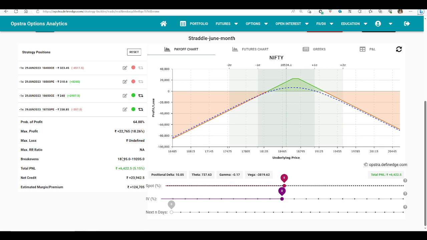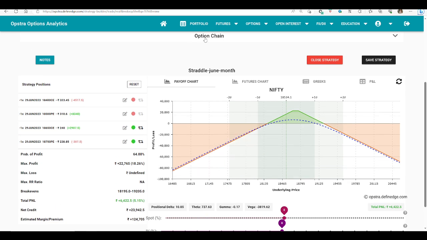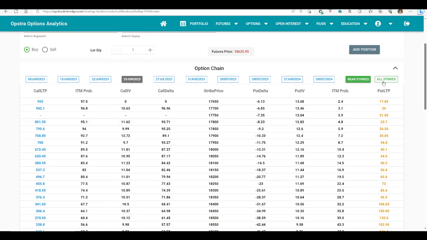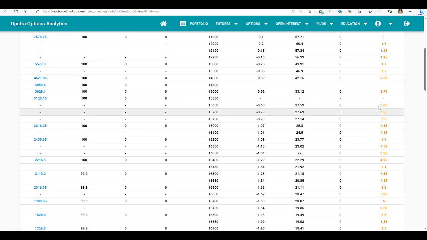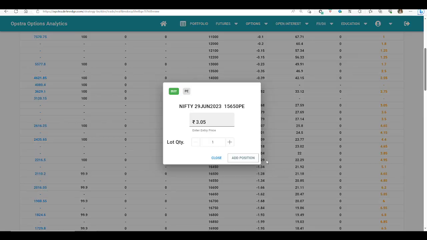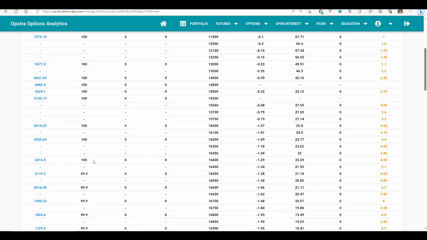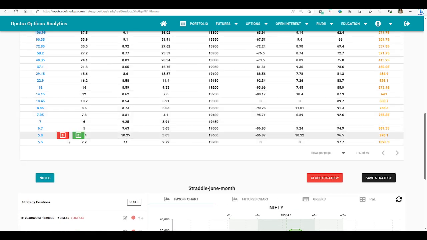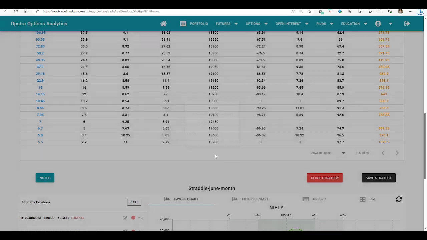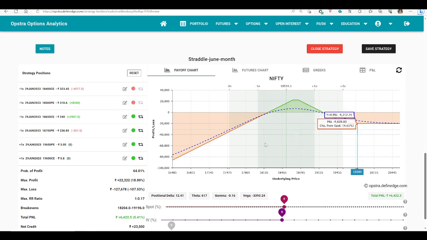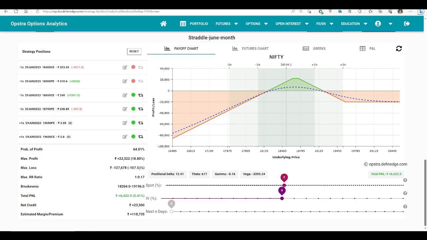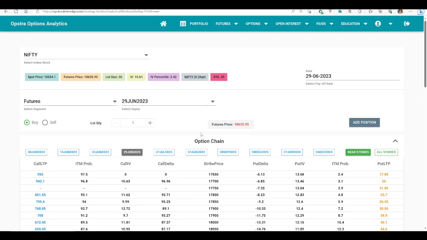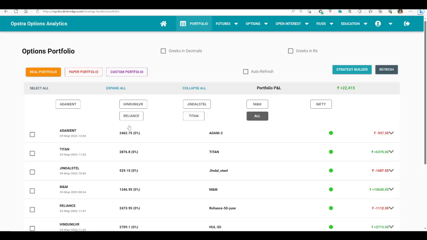Okay, in order to avoid the unlimited risk, you can go for some far out of the money options. You can buy some at 3 rupees, 4 rupees premium. Always this is advisable for you, so that the unlimited loss is limited to 1 lakh rupees. Okay. So this is the strategy I was talking about, and there are other positions I am holding.